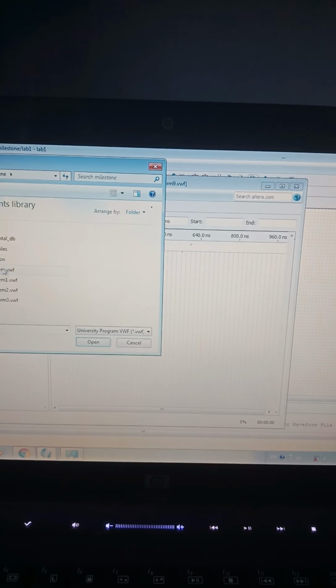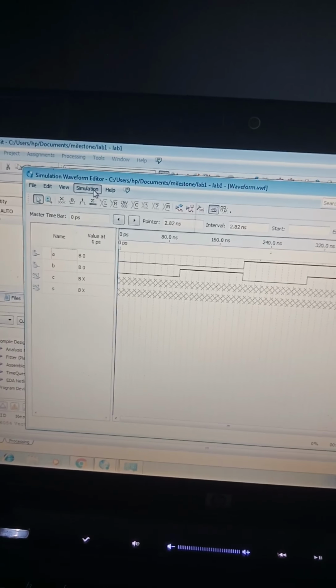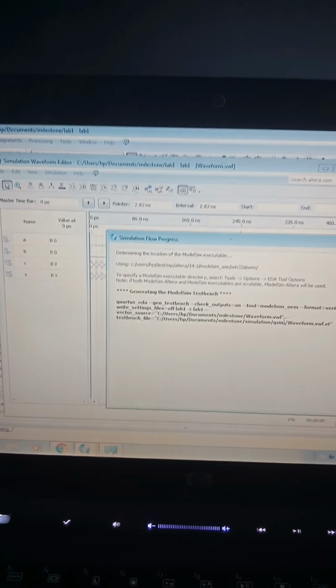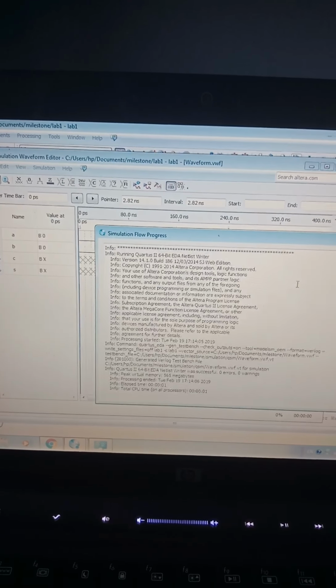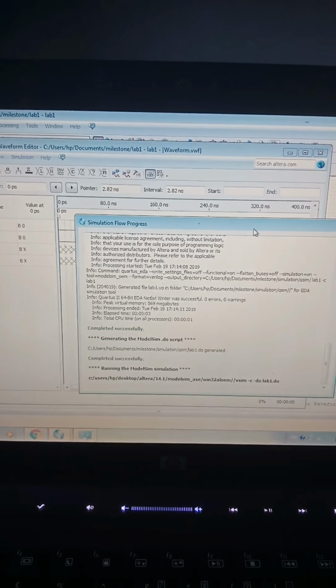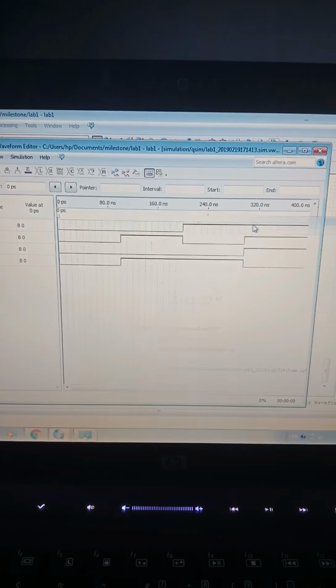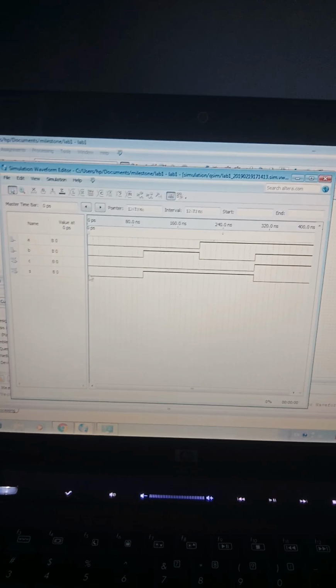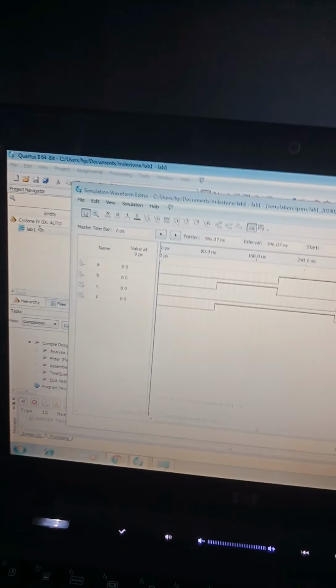Now if we run the waveform file, we run the simulation. Okay, the output of the half adder is like this. If we compare it to the truth table of the half adder,